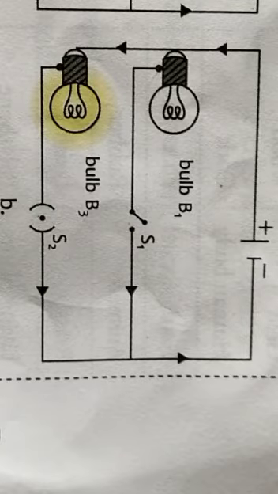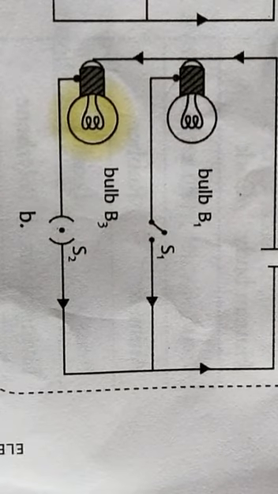So it is better than the series combination or the series circuit. The various devices can function independently and any device can be switched on or off as desired without affecting the working of others. In a parallel circuit, if any of the devices is out of order, the other devices continue to work, which was not possible in the series circuit, isn't it?